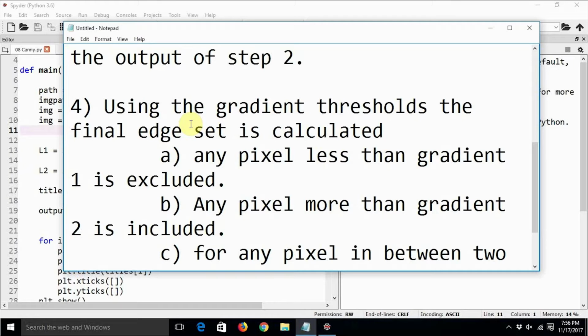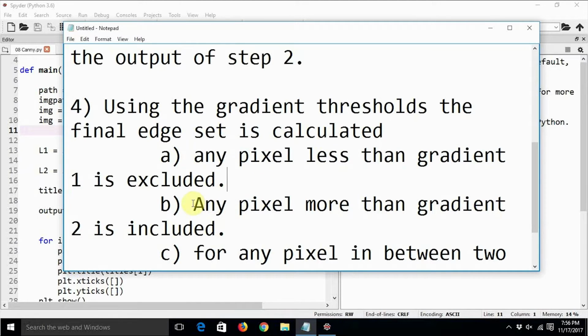While calling the function which implements this algorithm, we have to pass two parameters basically. The first parameter is threshold, gradient 1, and the other parameter is gradient 2. Any pixel whose intensity is less than gradient 1 is excluded.